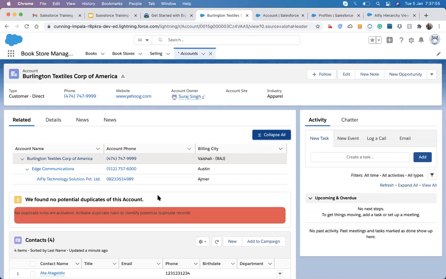If you don't get a proper solution from the AppExchange, then only one thing remains: the custom solution. You need to talk to your developer about how much time it will take and what the effort will be. But that is totally the last option.